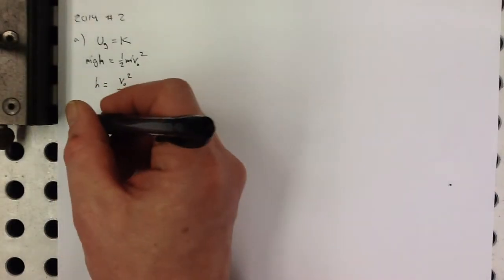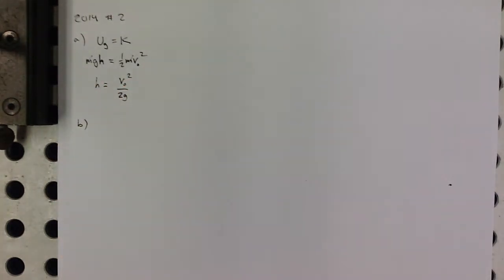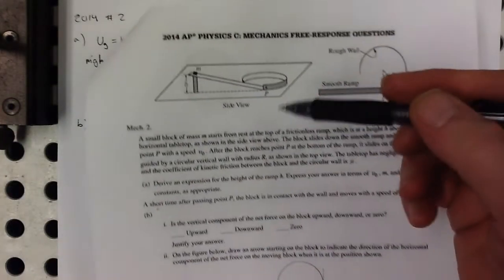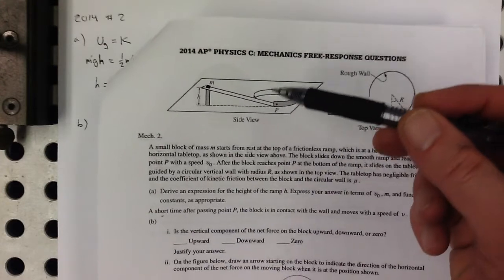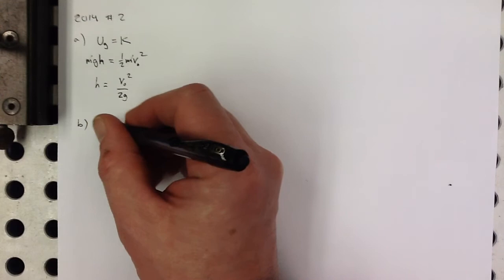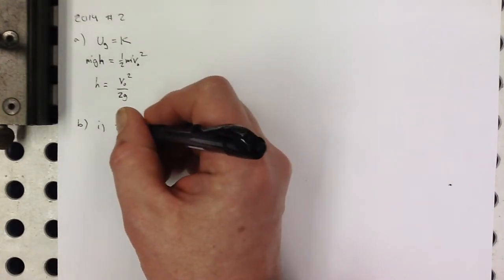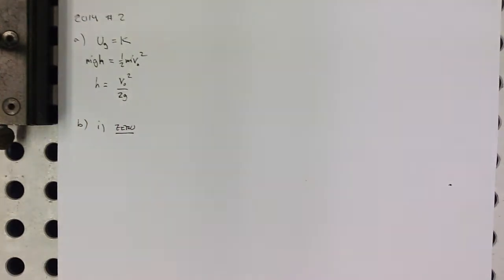And then part B, a short time after passing point P, the block is in contact with the wall and moves with the speed of v. So we got friction from the wall now, slowing it down. Is the vertical component of the net force on the block upward or downward? The way they describe these components is a little bit confusing. Vertical, they mean the part that's coming straight up out of this plane. And the net force is going to be 0 there because